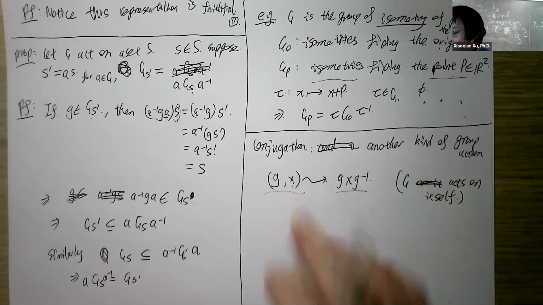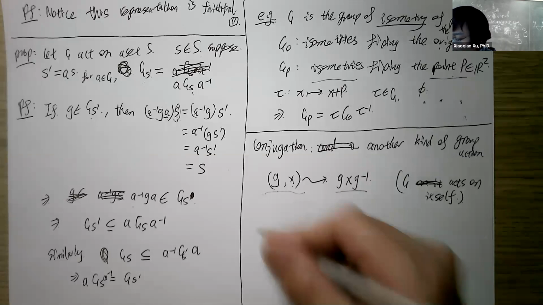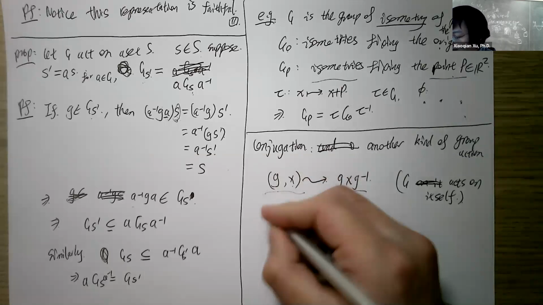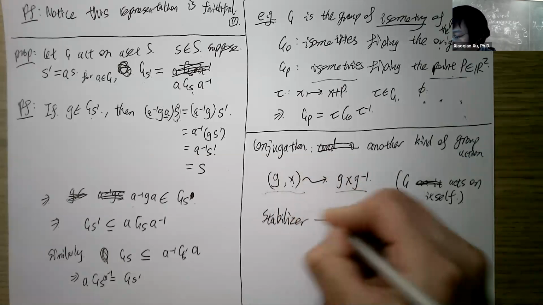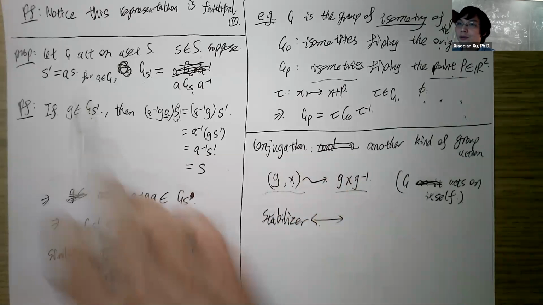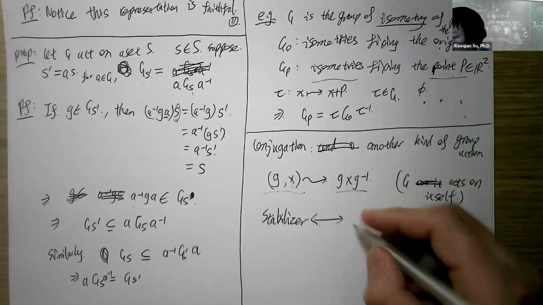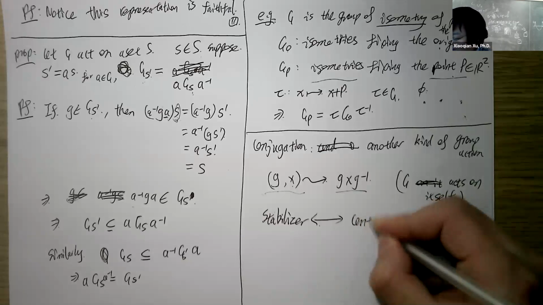If you define this to be a group action, then the stabilizer, which in the previous group action was Gx equals X, will be changed to be the centralizer